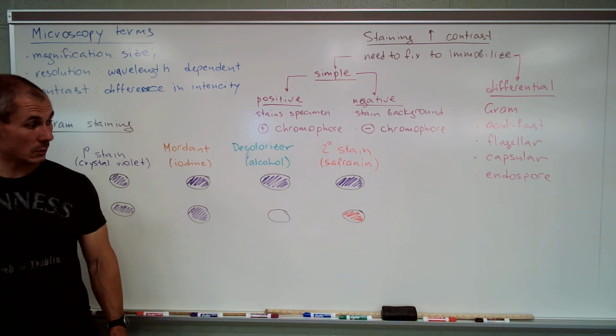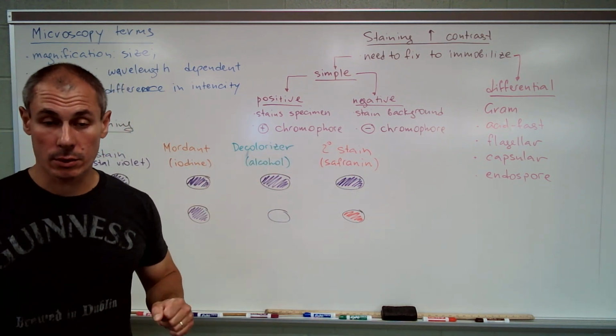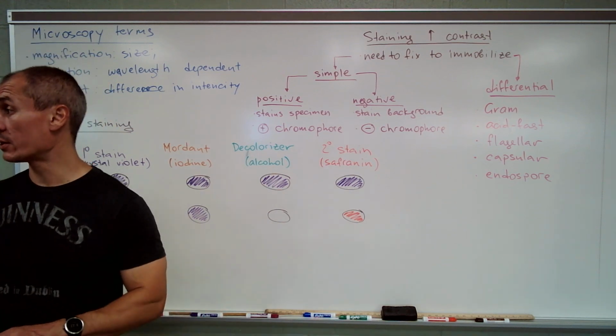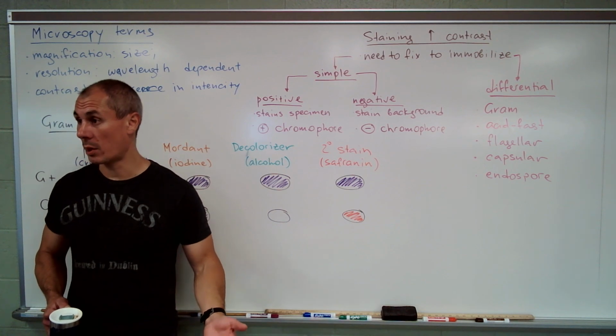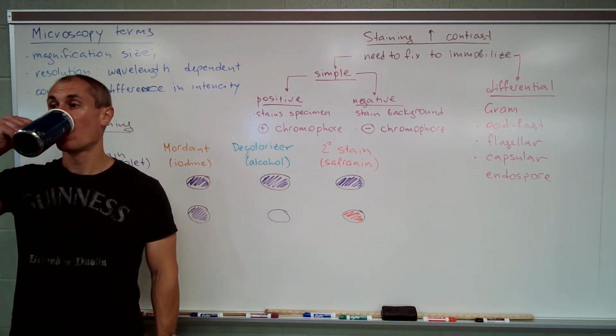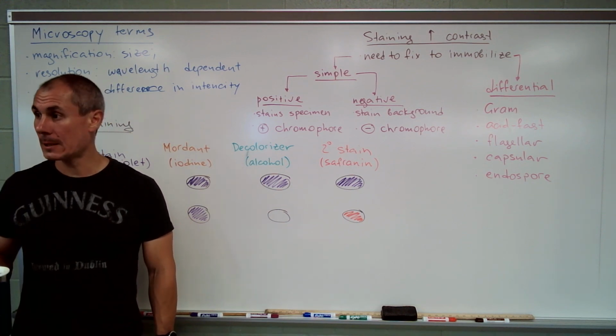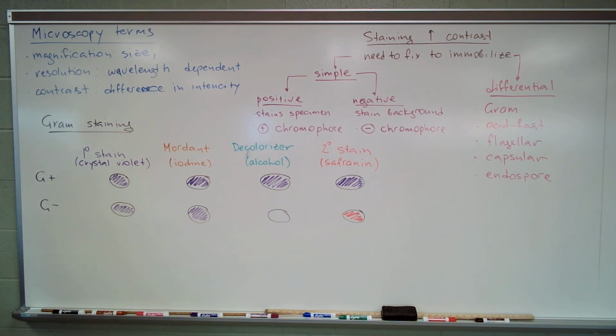Good? So these are the steps of gram stain. What I can ask you about are the roles of the different reagents. Like, what is the role of alcohol in the whole process, or what is the role of iodine? Just pick the answer. Does that make sense? Okay, good. Now,